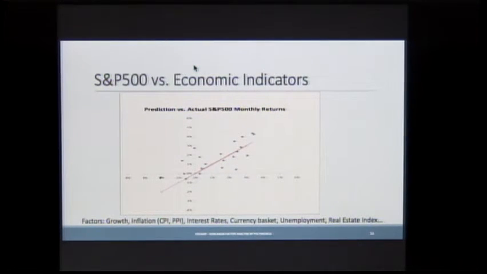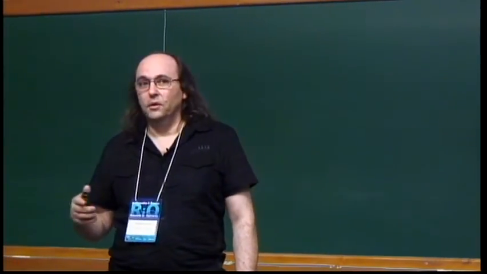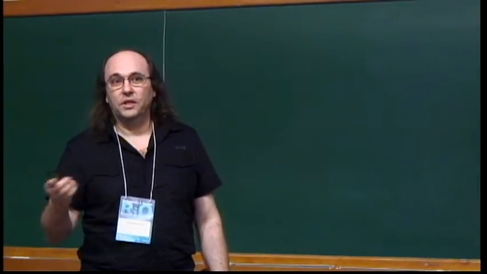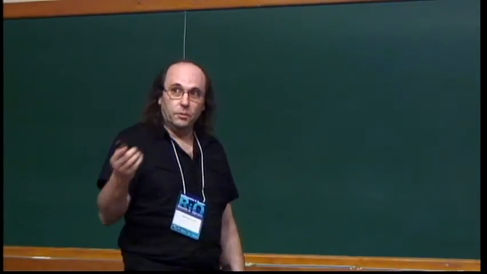So each dot here represents, over the years, going from the 60s, the yearly performance of the S&P versus economic factors. So if you have a model that gives you anticipation of economic indicators, then you get something that gives you a good prediction of the actual behavior of the stock market. So it tells you when you should invest or not in the stock market. For long-term investors, it can have some influence.